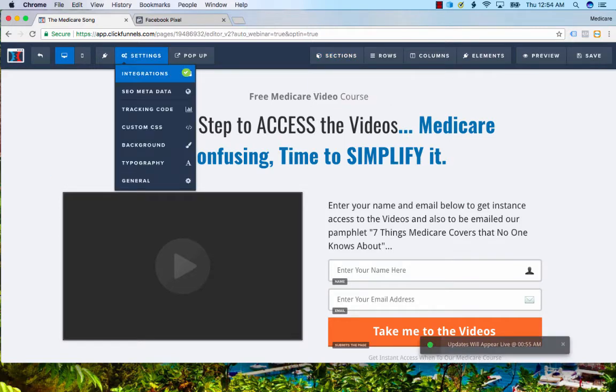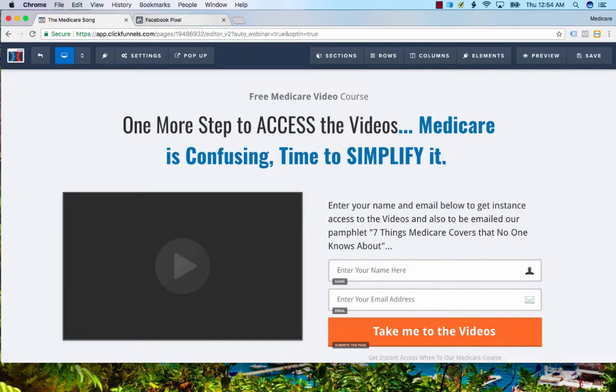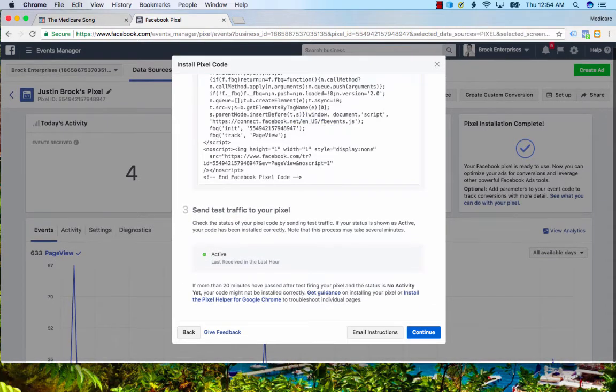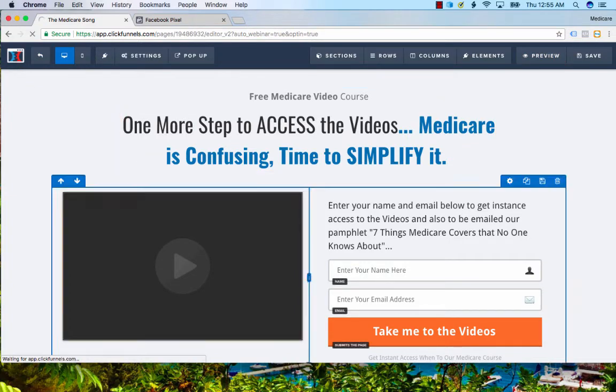While I'm in here, I did see something else. You can integrate things like MailChimp to collect your emails. We're going to go over that later, but I'm already in there, so I was going to show you that. Okay, go back to here. So now there are other things you can do. So we went to this one, we saved that. We're going to exit out of the editor here,